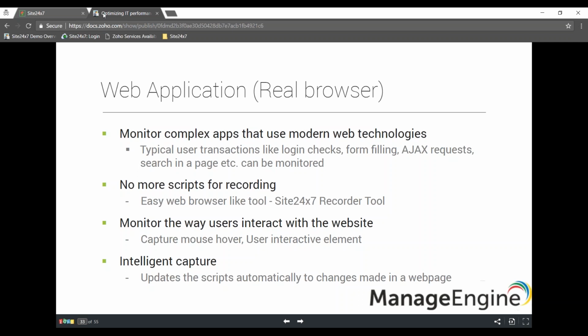Now moving on to web application transaction monitoring, where you can check the customer's journey through your application, on how a customer interacts with your application and see how well it performs or whether it's accessible from different locations. You can monitor complex applications that use modern web technologies like AJAX requests, form filling, and login checks. The traditional way of doing this application monitoring is writing scripts, but Site24x7 introduces a